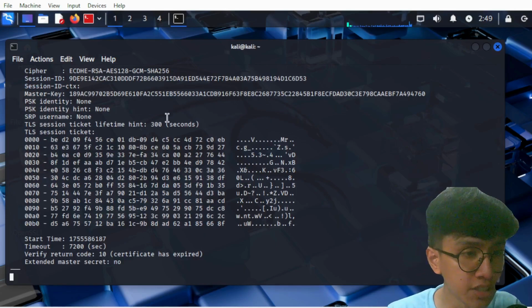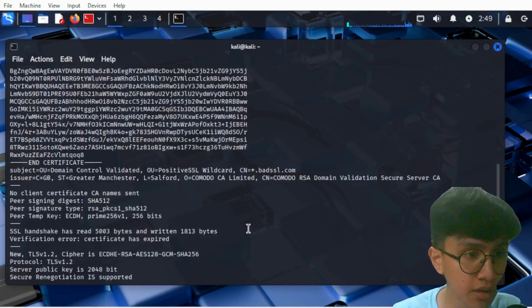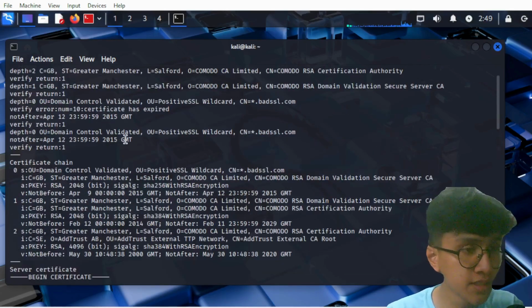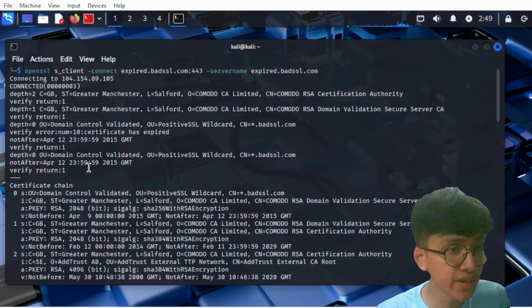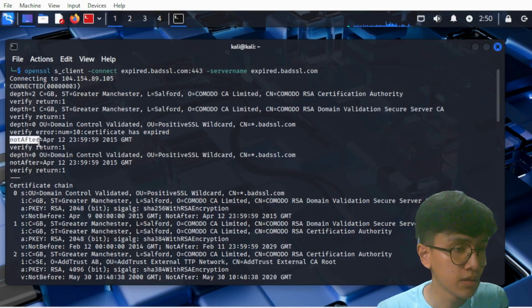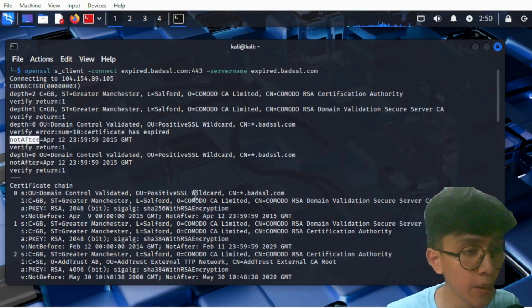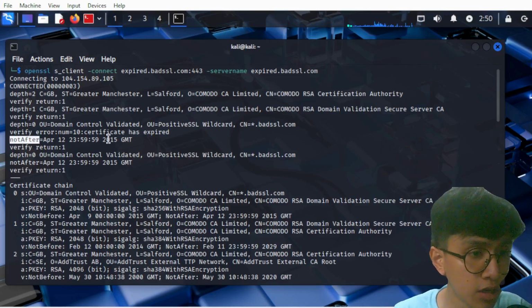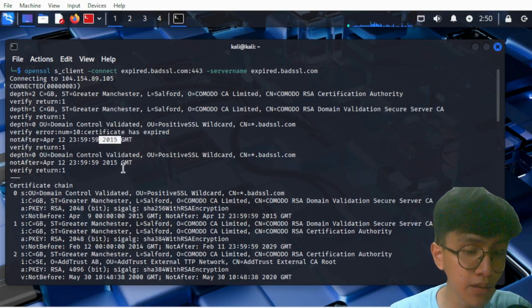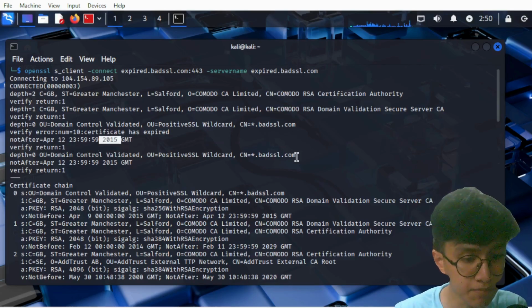So this is the handshake, the three-way handshake. This is the raw data we can see. Not After is the expiration date of the certificate. This website already expired in 2015, so it is a bad kind of website.